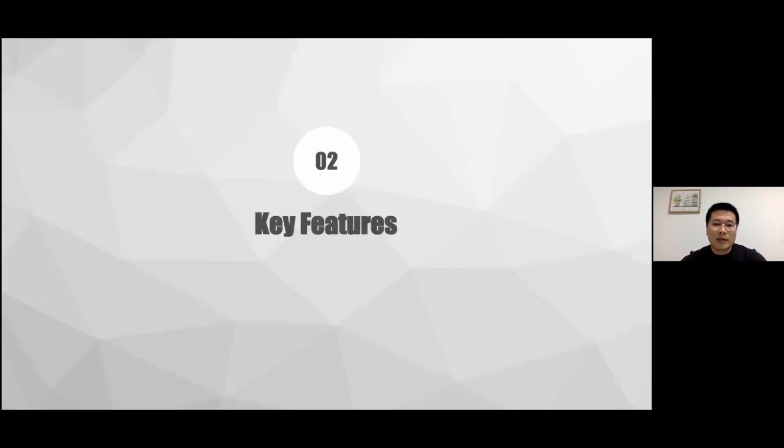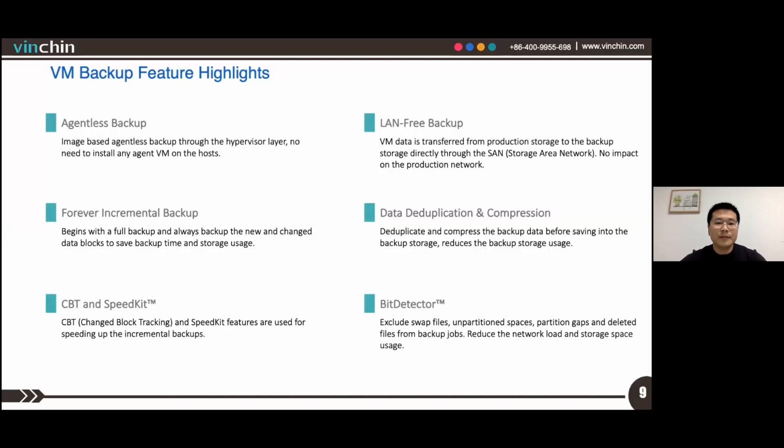Next, let's see some feature highlights of Vinchin Backup and Recovery. Here are some feature highlights of backing up virtual machines. Agentless backup, forever incremental backup, data deduplication and compression are all supported with Oracle Linux Virtualization Manager.